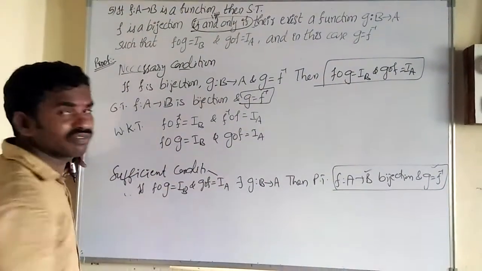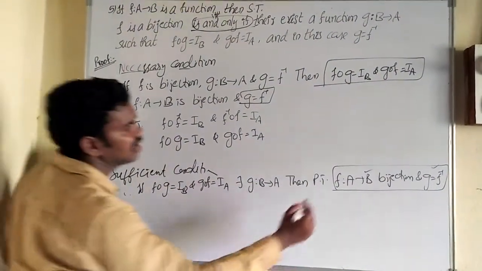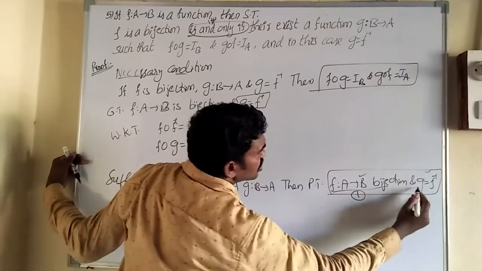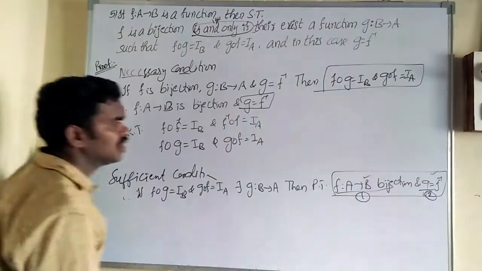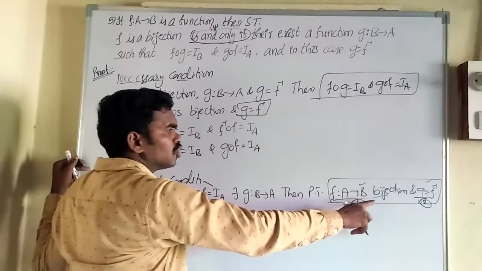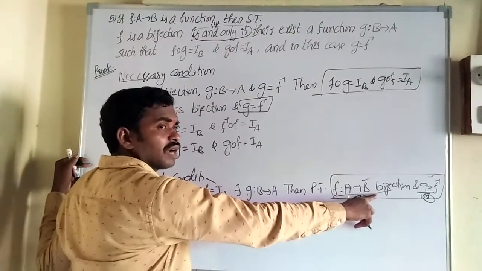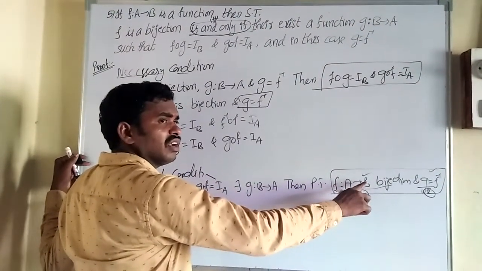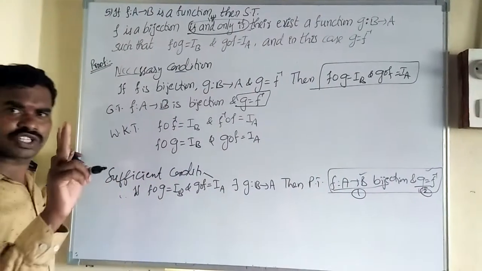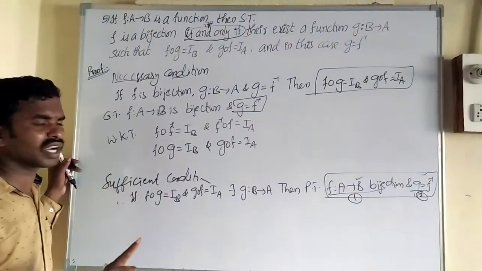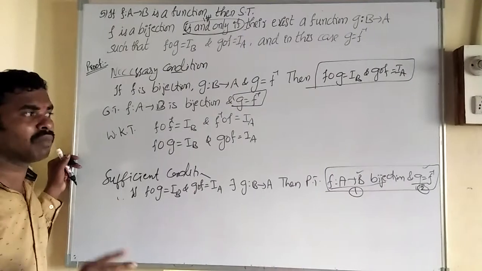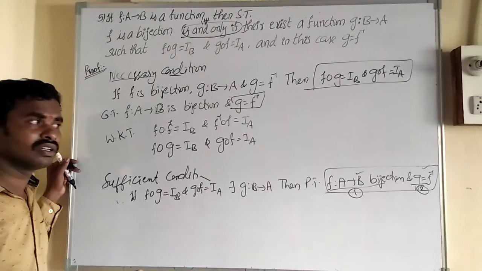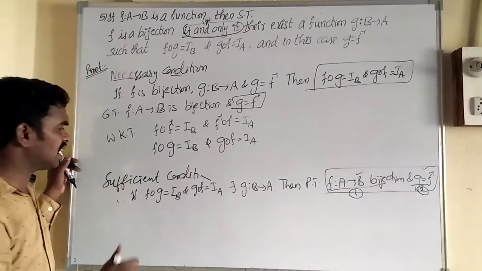So first of all, I am proving the first question, f from A to B is a bijection. First I prove this question, next I prove the other question. How to prove bijection? To prove it is a bijection, we have to prove that it is 1-1 and onto. So only two statements are there. We have to write 1-1 and we have to write onto. But how can we write 1-1? A small definition is there.